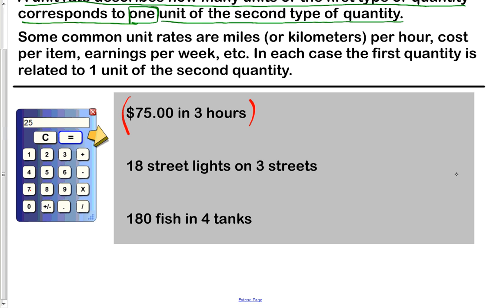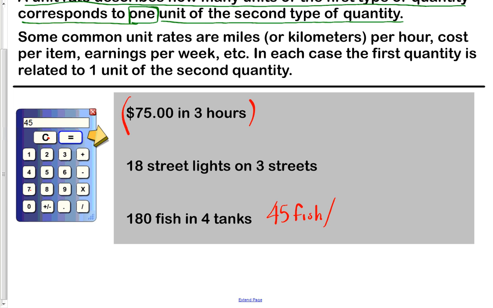Even if you know how to do it, it's important to know the math. So this last one, we wouldn't even need to write it out because we can just simply say, I know that in order to do this, I'm going to have to divide 180 by 4. So I go back over to my calculator, which is now covered in red dots. 180 divided by 4, that equals 45. So I know that I've turned my 4 into a 1 because I've divided it by 4. So I would say it's 45 fish